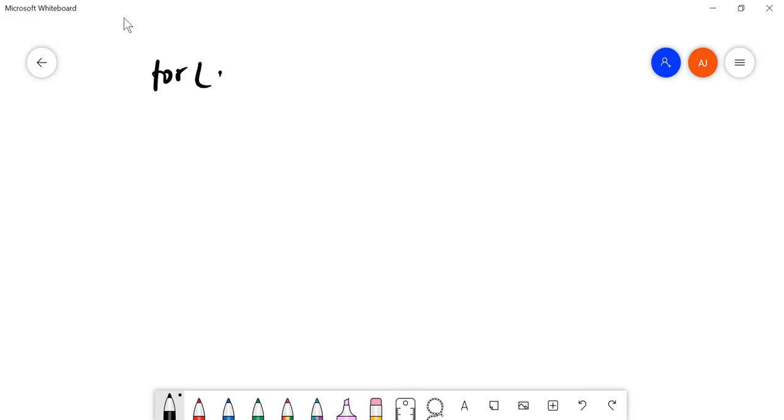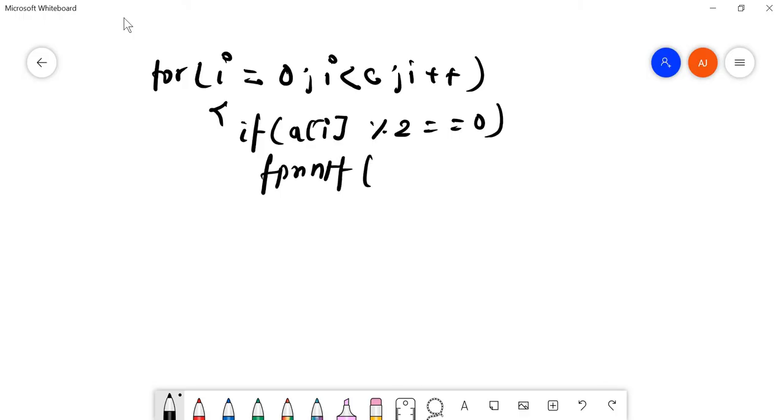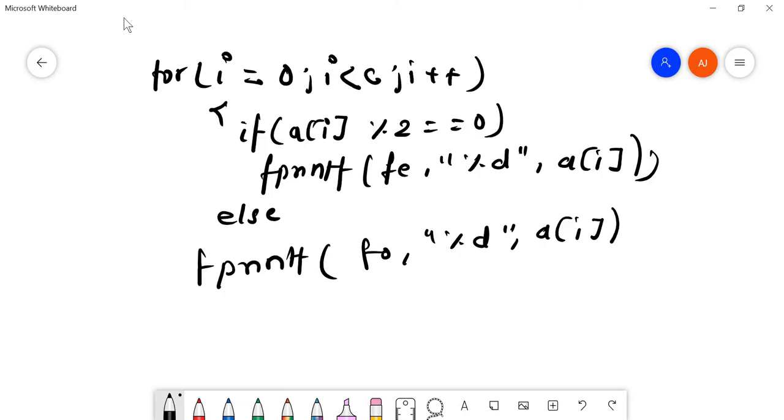Okay, so for i equals 0, i less than c, i plus plus, okay, if a[i] mod 2 equals 0, so what I'll do, I'll write fprintf fe in even.txt, %d a[i], that is all the even numbers. Else, fprintf, that is I'll write in the odd file all the odd numbers.